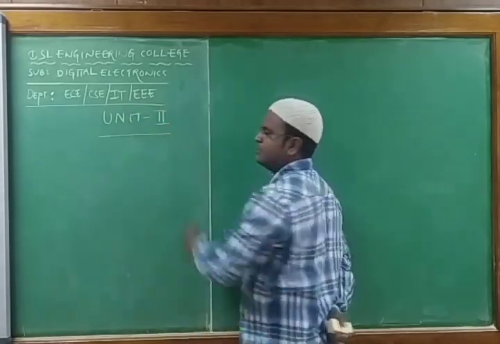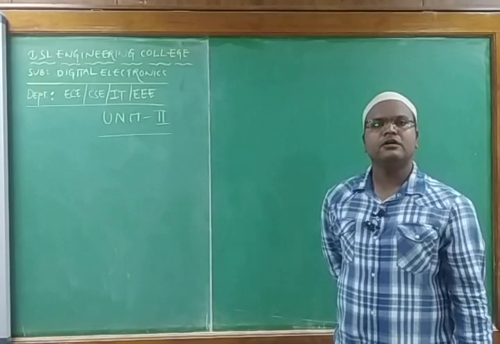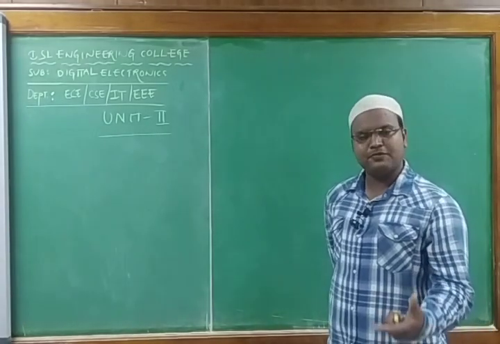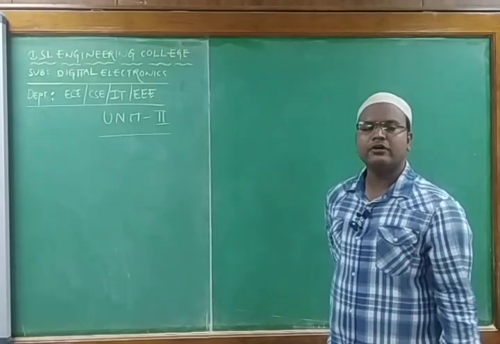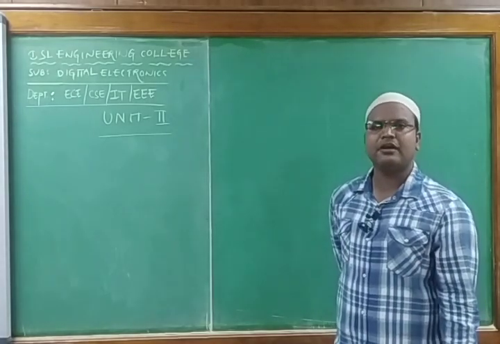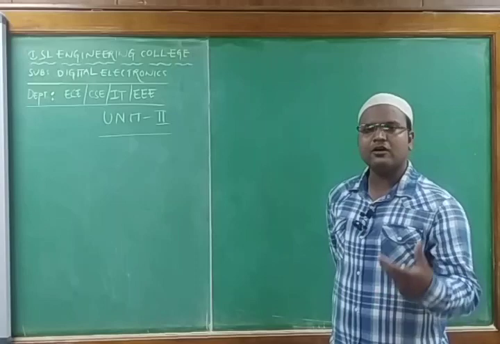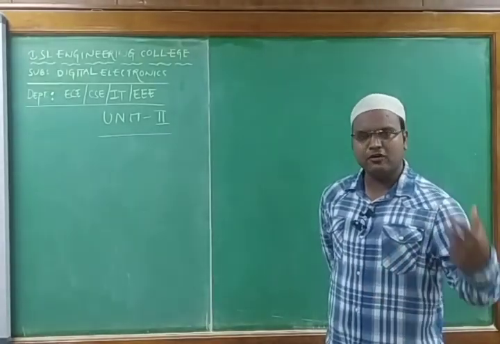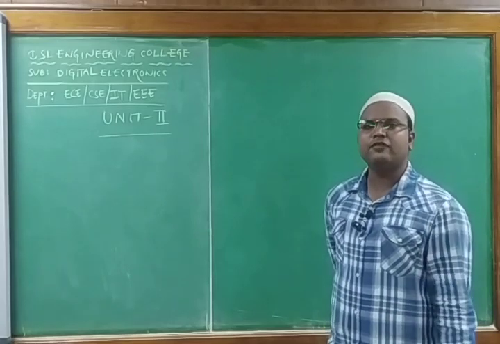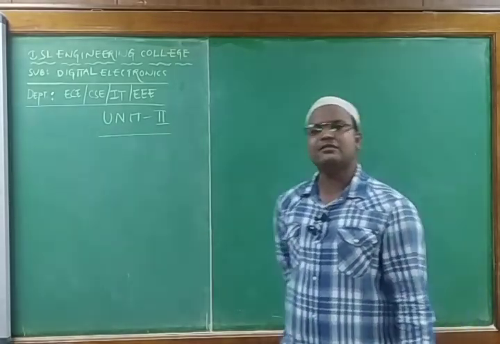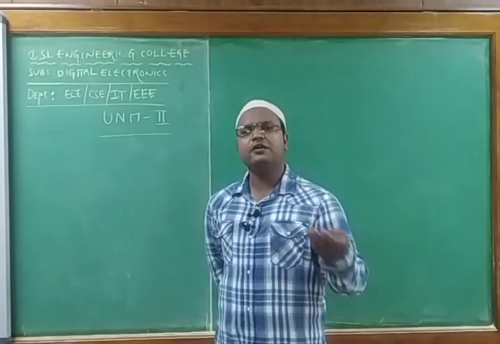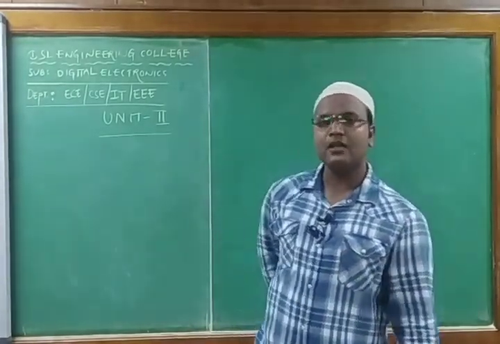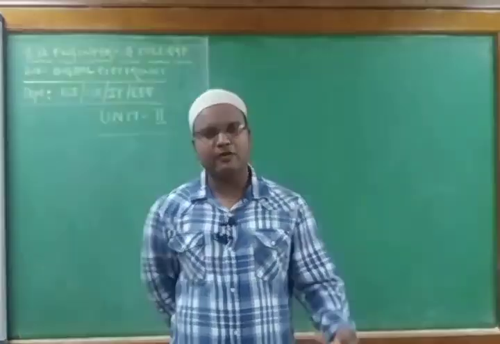In unit 2 we will be discussing combinational circuits, consisting of adder, subtractor, and you are going to get some concepts of multiplexer and demultiplexer, and we are going to take the combination of the bits, and we want to find out how, by taking the combination, it is useful for designing multiple inputs and single output. Then single input, multiple output, those concepts are nothing but multiplexer, demultiplexer, encoder, decoder, and then